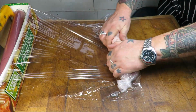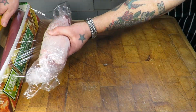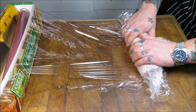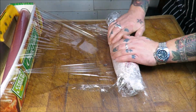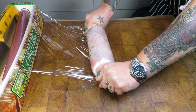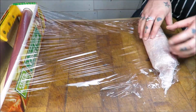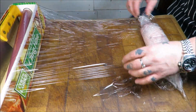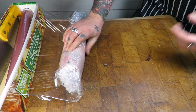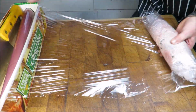As you can see, the shape is starting to come now, and this is where the transglutaminase, the Activa, the meat glue comes into its own, because it will hold this shape. Always getting the air out, nice and tight. I've actually got my chopper in the cling film box just to add a bit of weight so I can get a nice seal on it,